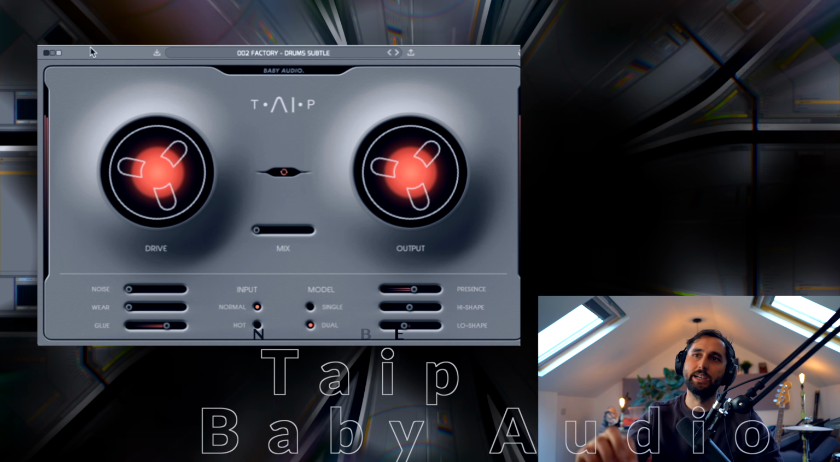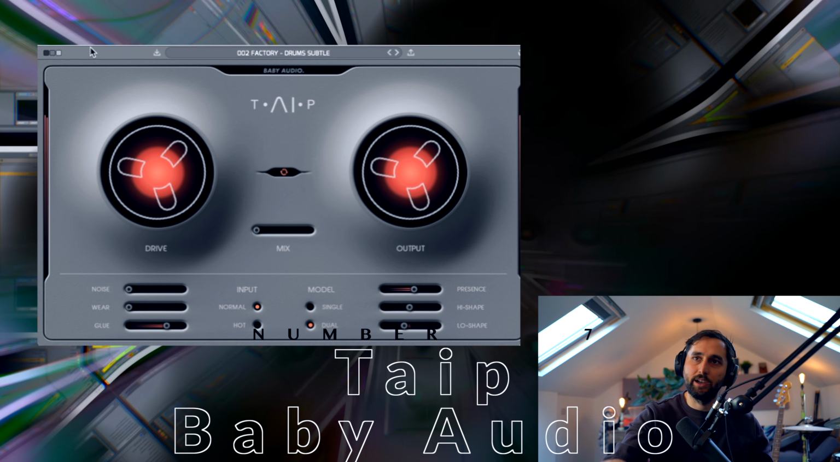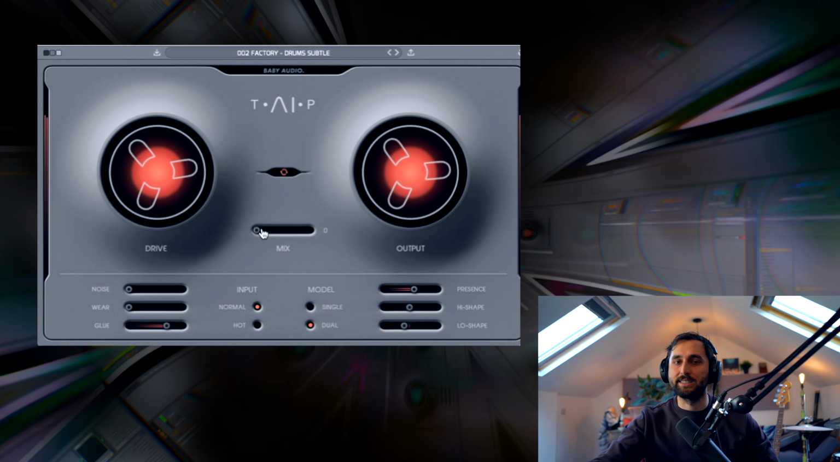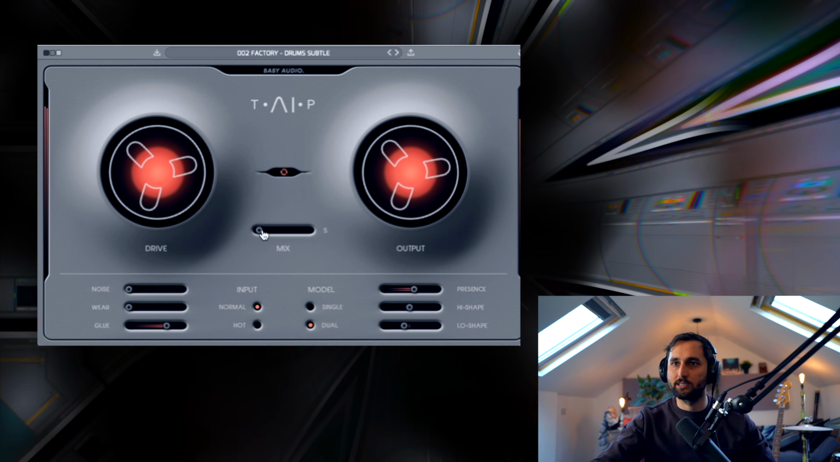It's got the usual effects of the other plugins, but I find this one has some great saturation and compression, which I use as a sort of parallel compression for my drums. So it is Tape by Baby Audio. If I play a little drum loop here, you can control the mix dial so it's completely bypassed or fully